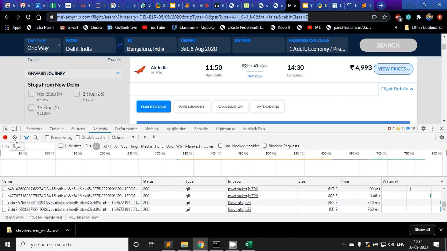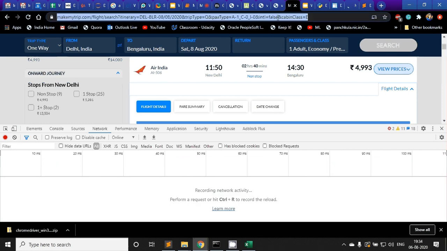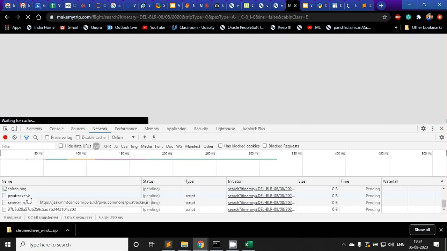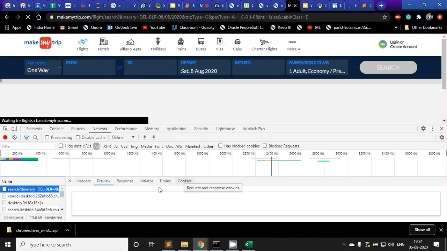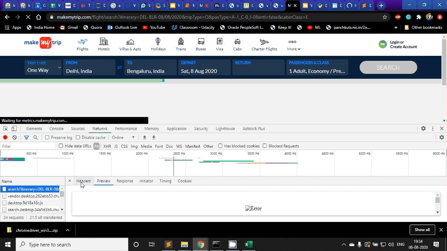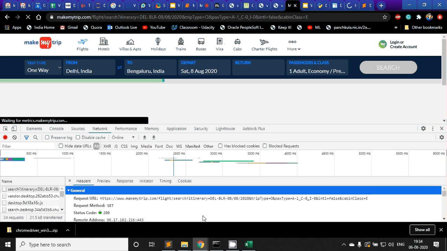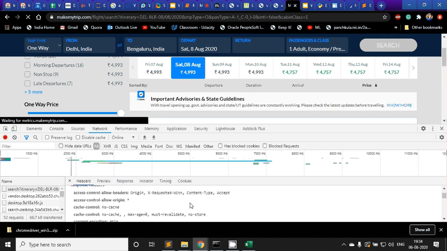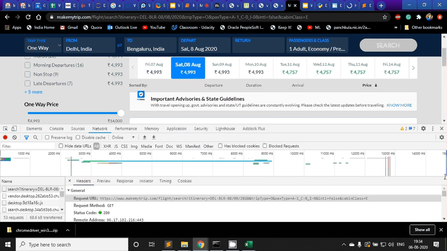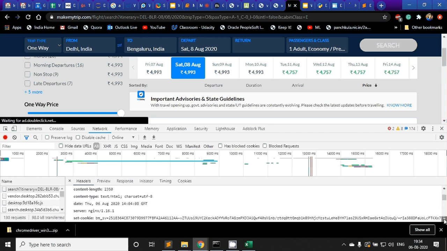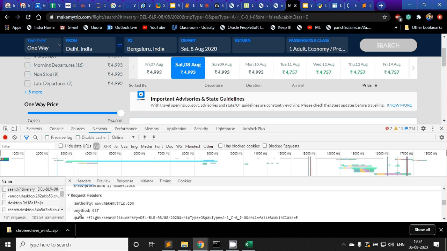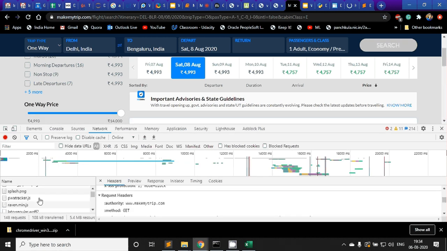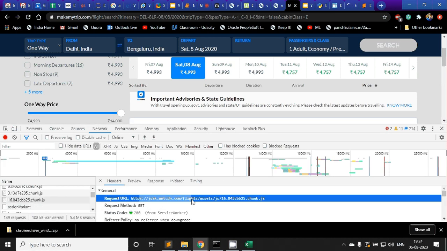We will see how to understand all of these things. We can see that we have a request URL here, and there is some request method and status code. We saw what other links are being sent a request. All of these are requests which were sent to the server, and these are the responses. You can see the response that was sent back. We will understand this in detail.